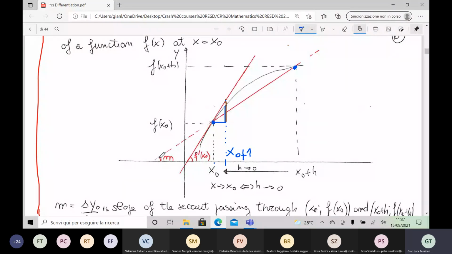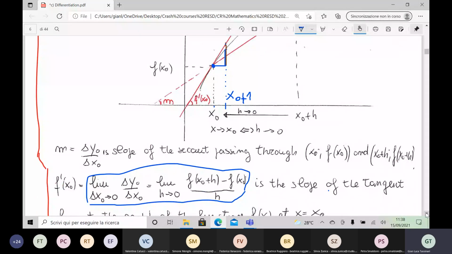So this is the secant. The secant is this one, you see, this line. This was the derivative. Okay, now we don't talk about the derivative, but we talk about the secant. The secant is the straight line passing through this point and this point. Call the slope of the secant m. m, guys, is the slope of the secant, but it's also the average growth rate. In particular, let me see if I wrote it below. I wrote it, but I want you to